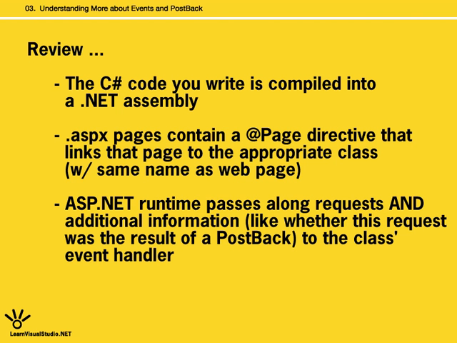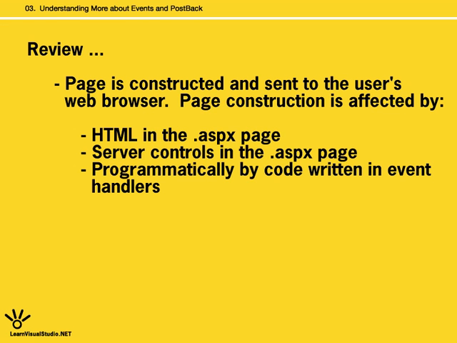Now in the first lesson we talked briefly about how the page is then constructed and then passed back to the web browser that requested it. So there's three things that can affect the output. First of all, obviously the HTML in the .aspx page. Then secondly, the server control tags in the .aspx page. Recall that we said in the previous lesson that those are stripped out by the ASP.NET Runtime Engine and replaced with HTML code that's appropriate for the given web browser that's requesting the page. And then thirdly, any modifications that are made to the server controls as events are handled within the .NET assembly